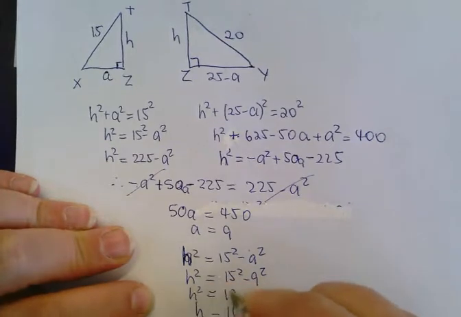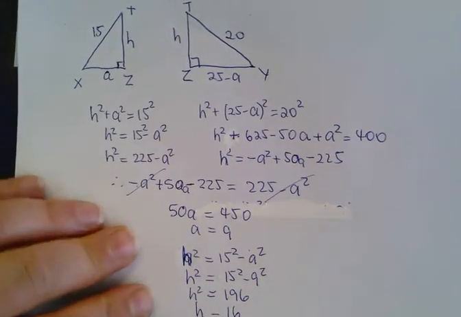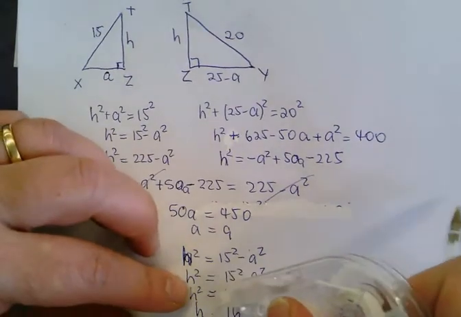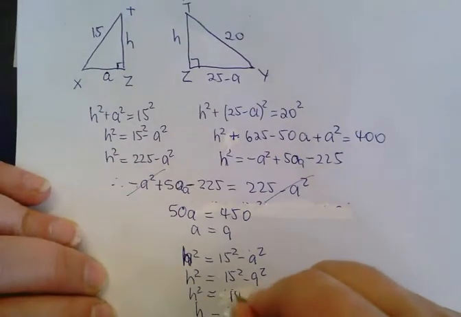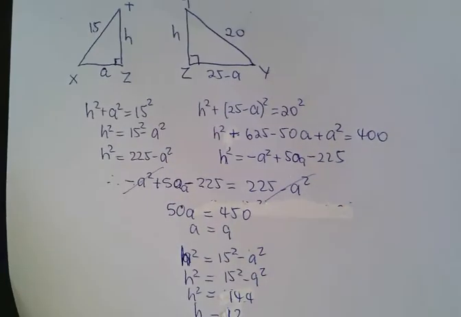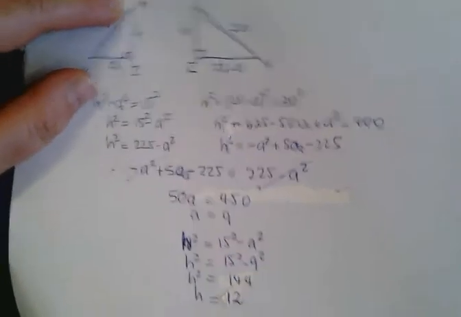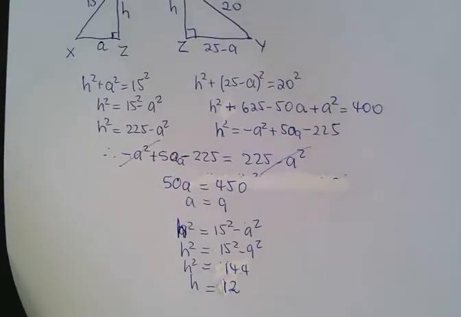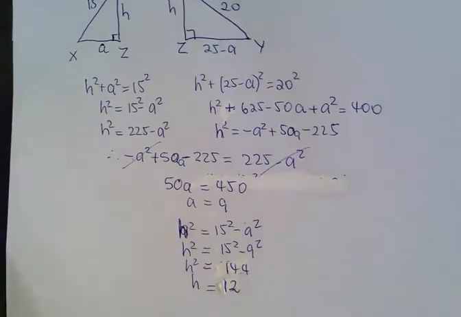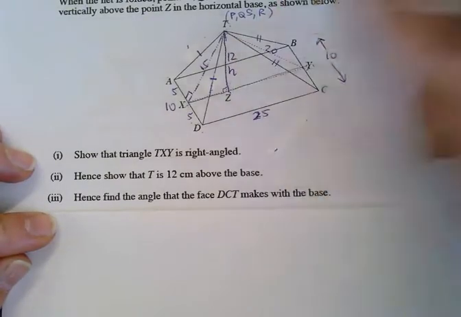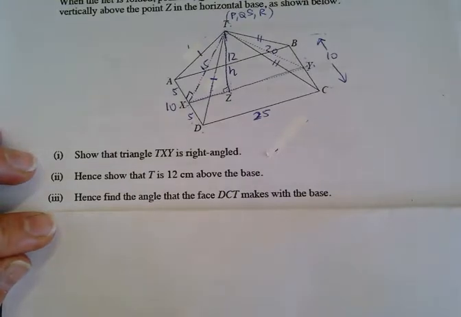H squared is it 196? No, it's not. Oh, so is it 12? What's wrong with me? Sorry. It's 144, which is 12. Bad day. Don't make my mistakes. Show all your working. It's a triad of 3, 4, 5, and that's the 3 side and the 5 side. So the other one's the 4 side. So H is 12. So now that we know that H is 12, it says find the angle that the